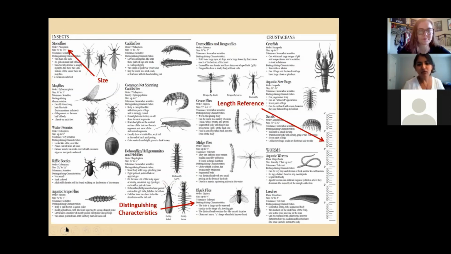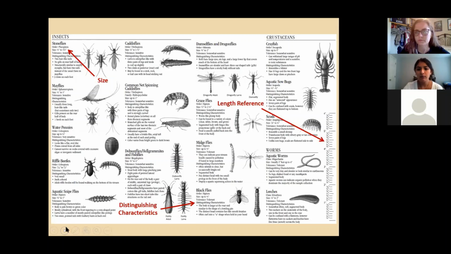Okay. So I'm just going to start to introduce you to some of the forms that we have and the resources when you start to sample and input your data to the website. So this is a screenshot of our field guide. It is found on our website, and I can attach a link to that here at the end of this presentation. But this is just a brief overview of the different types of macros we sample for.